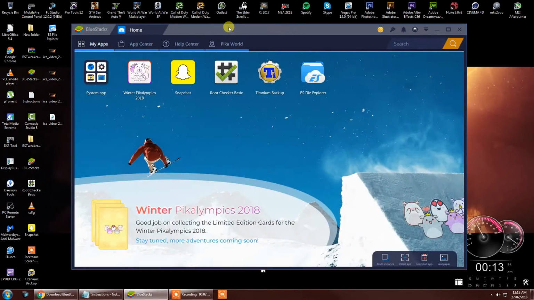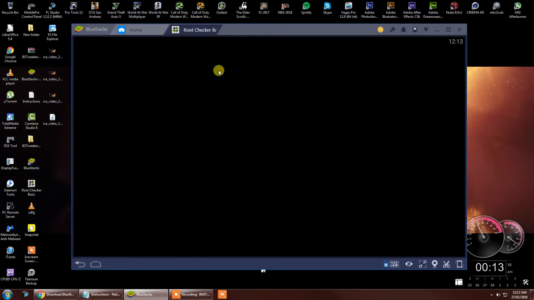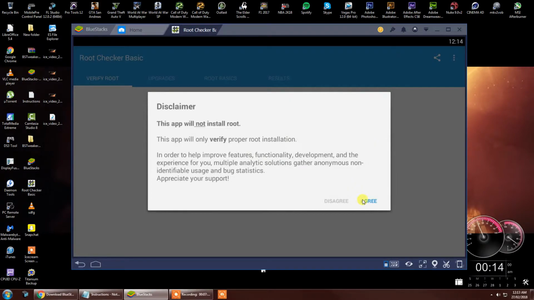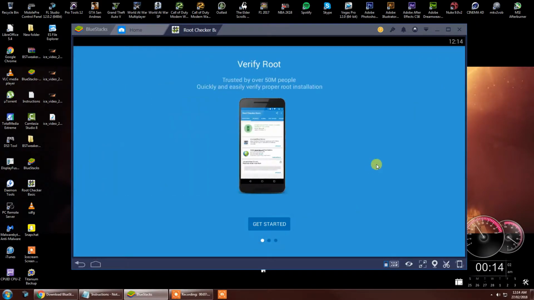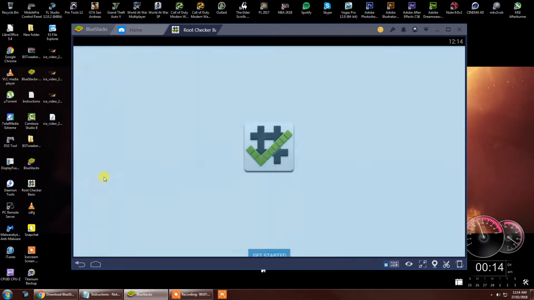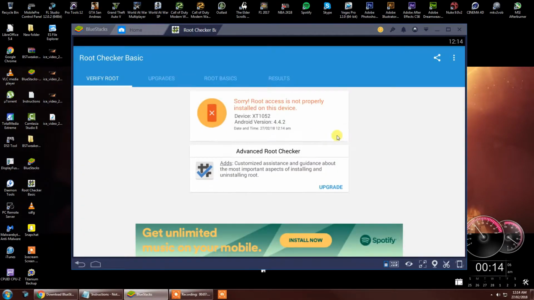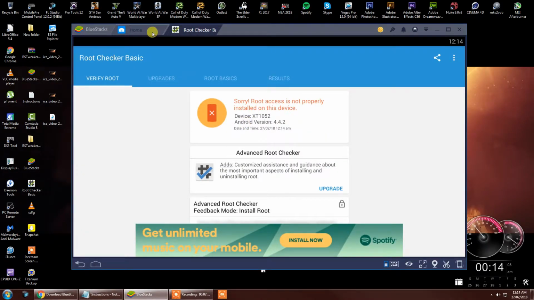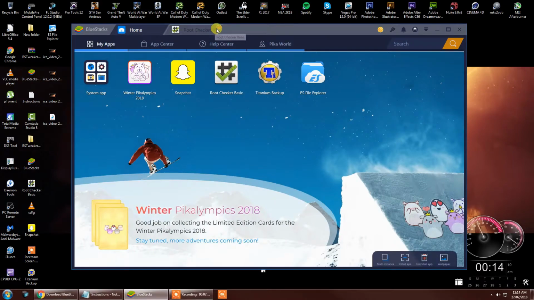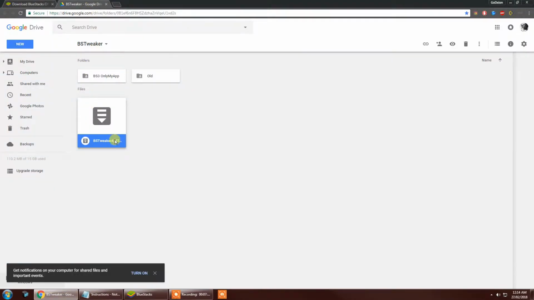Okay, so now we're gonna close Snapchat, and just to show you, this device is not rooted. Verify root. Sorry, root access is not properly installed on this device. That's fine. Let's just close that. So now what we need to do is go over to